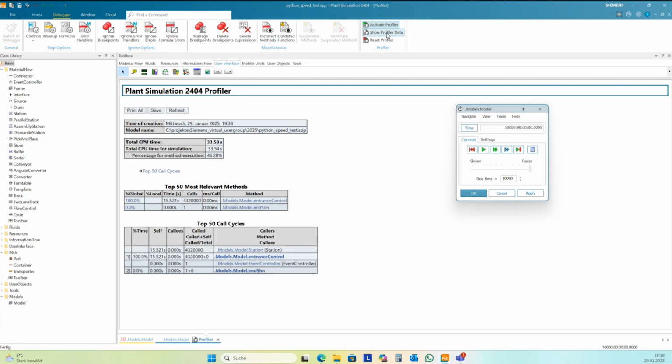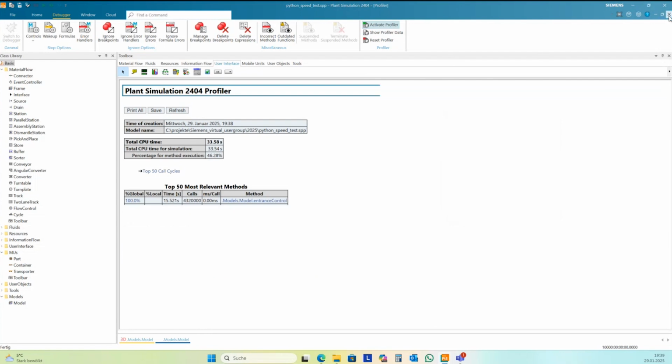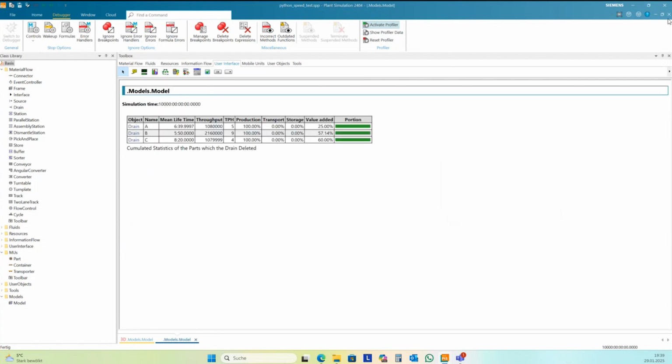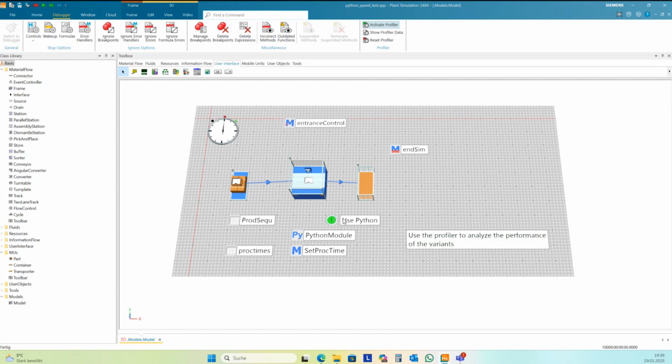And now it's 33 seconds, but it's not right. I guess the difference is much bigger, but I need to reset it in the right way. Reset profiler. There.